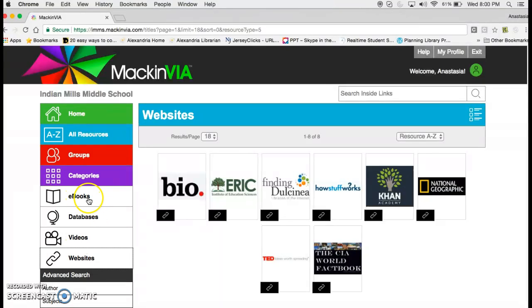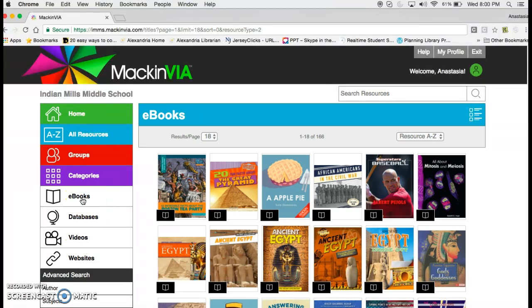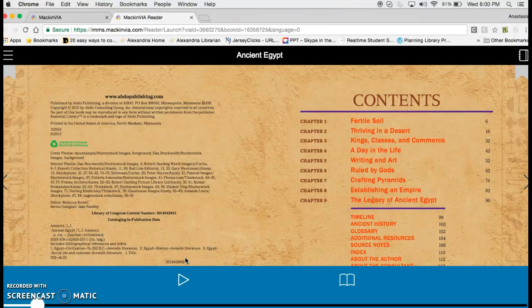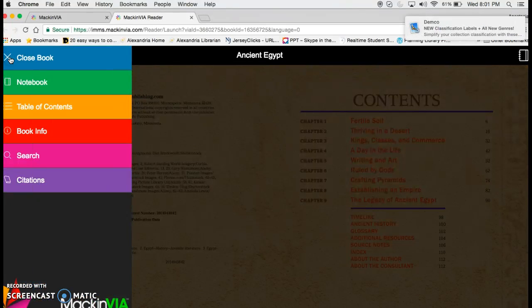I'll walk you through how to use an ebook. I'm going to just open up one of the ebooks. Let's open up this ancient ebook. If I move my mouse over the cover above the book, and if I click on open now, this will open the ebook. The nice thing about MackinVIA is that you can open up your ebook and you can look at the entire ebook from the first page. You'll notice over here on the side of the file,